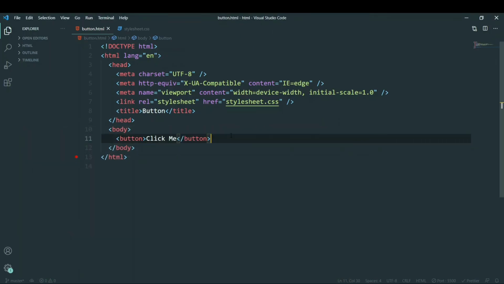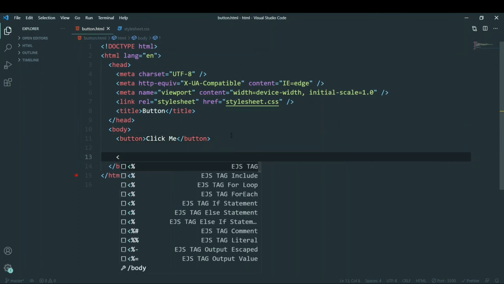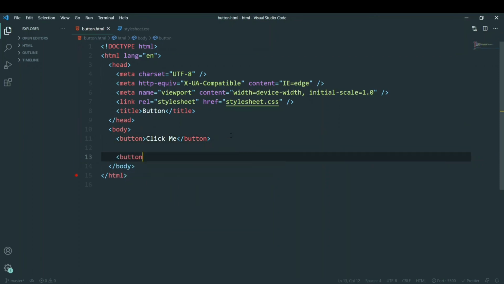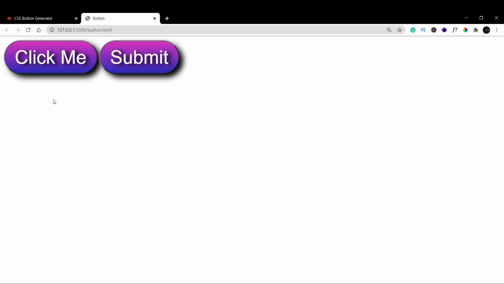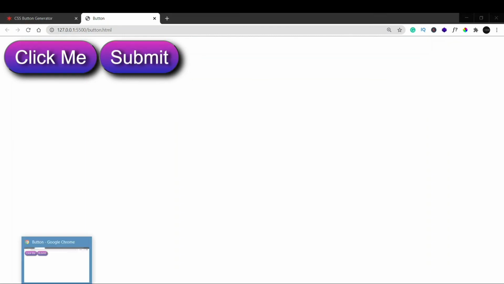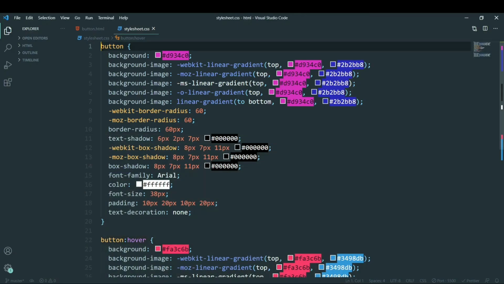But the disadvantage is, now let's say after some time again I want a button, okay, and this is a different button. I don't want the same styling, but let's see what happens. Now I've created these two buttons. This one I want the styling that I've already chosen, but this one I don't want any style. But due to this, what will happen is both of them will look similar. So if you want to change that, what you can do is, again we can add .btn here